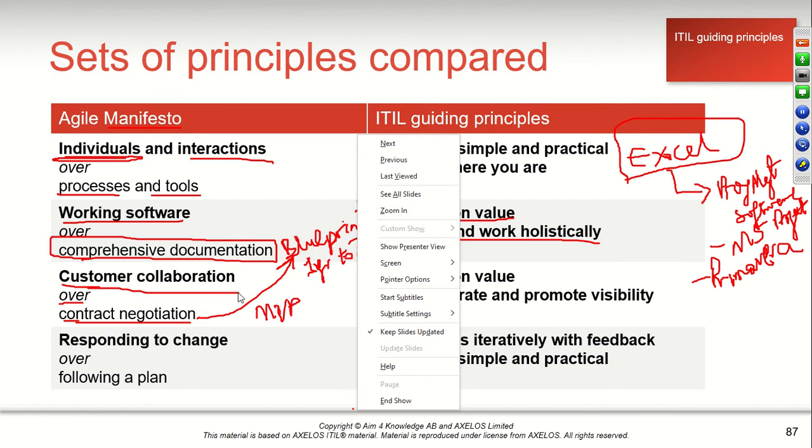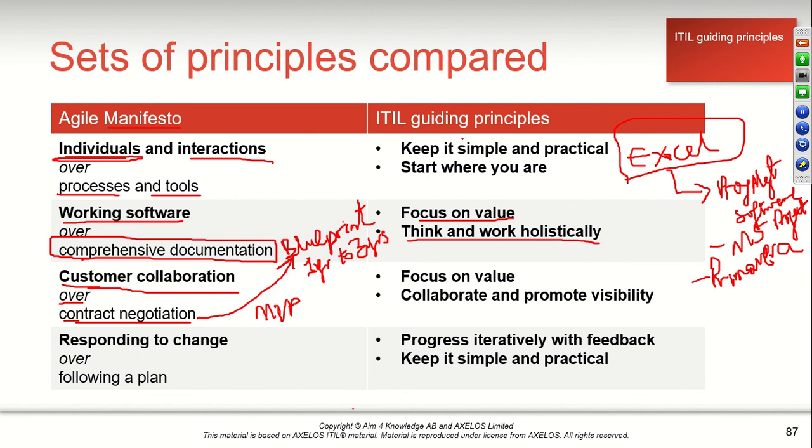So when you show them what you have done, they will provide input. The input they provide will help you to do other things. So that is MVP. Okay, and this also aligns with the guiding principle that talks about focusing on value,